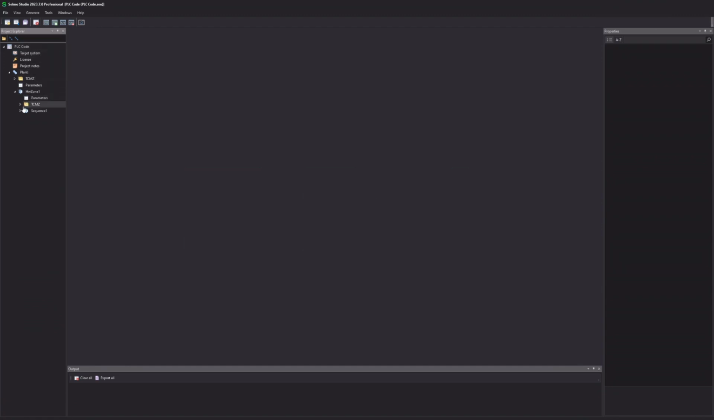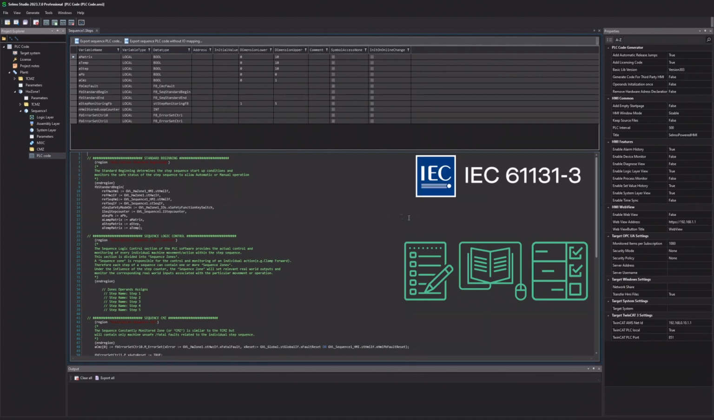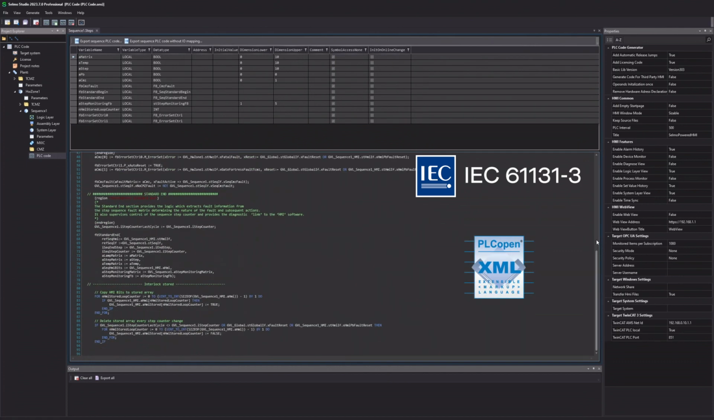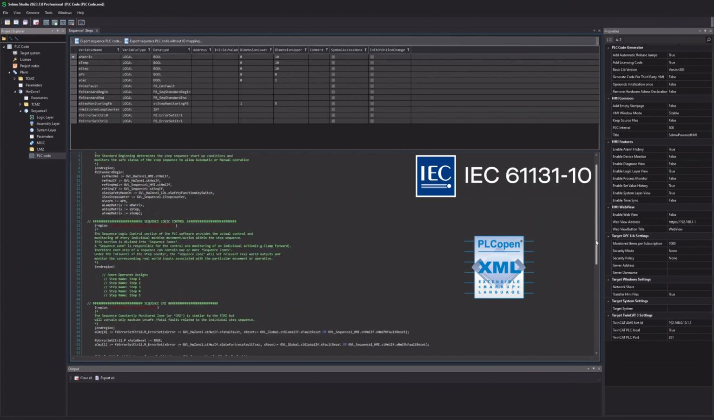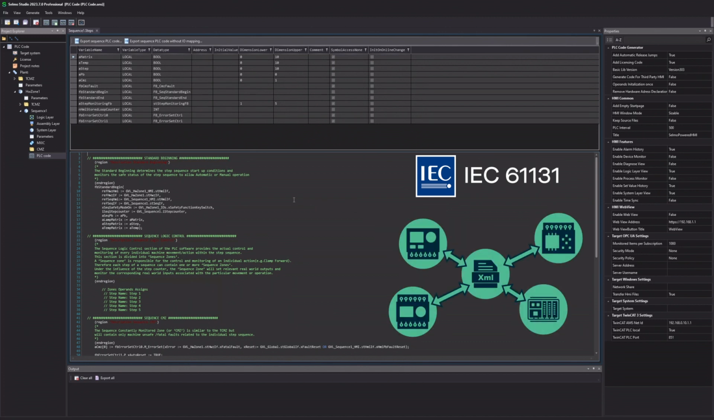controller. This standardized XML format allows programs, libraries, and projects to be stored in accordance with IEC 61131-3. The PLCopen XML format, also known as IEC 61131-10, is part of the IEC 61131 series of standards and provides an open interface for information exchange between different